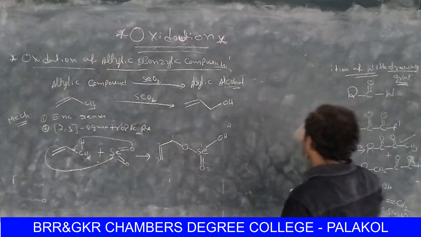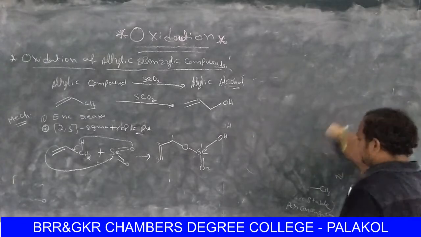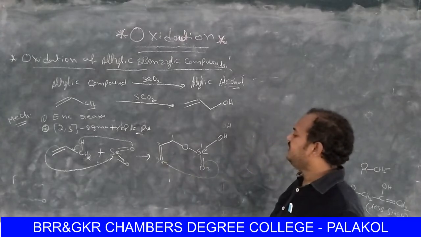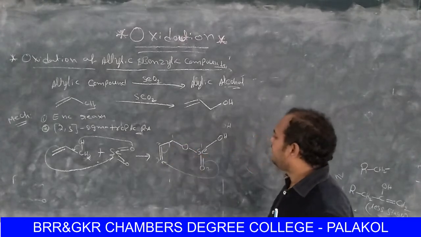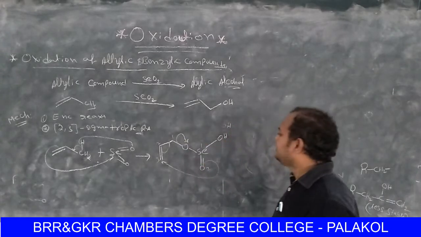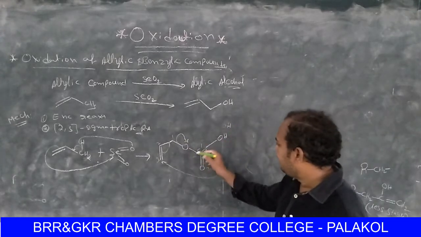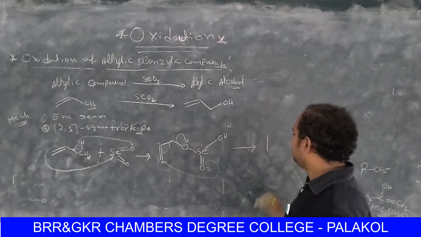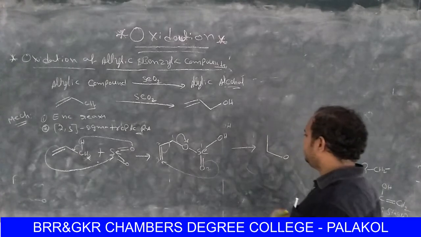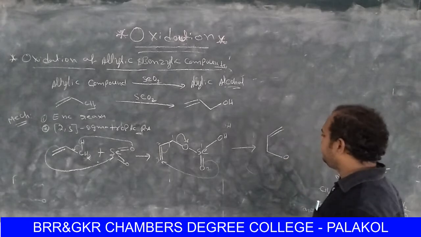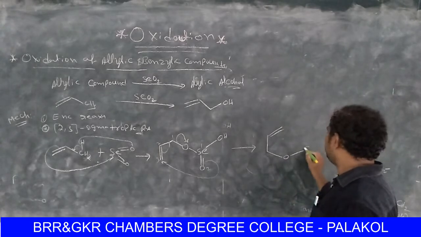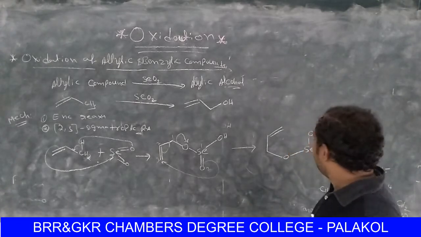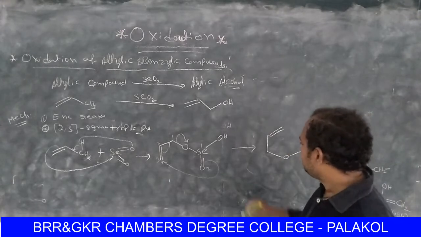So after this, what is happening? This pi bond is reacting with the carbon. Then this pi bond is moving like this. So then we get O minus, and that O minus will take H plus. And then we can achieve carbon here, oxygen here, and double bond here. Oxygen is attached to selenium here. Selenium is attached to OH here.